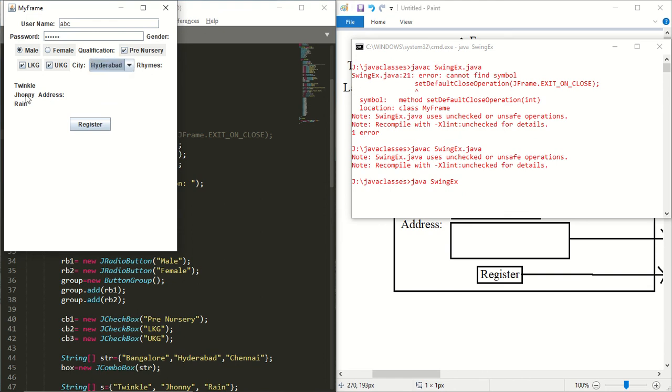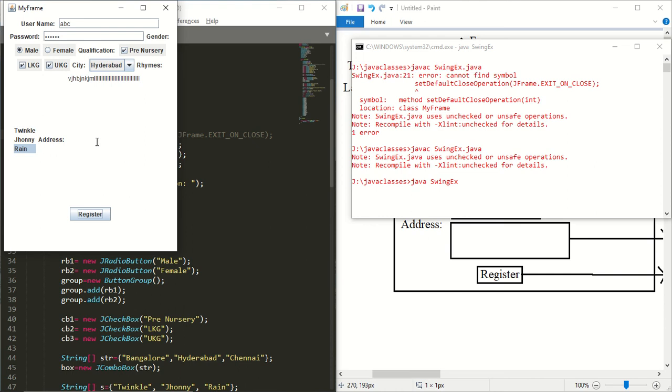Next we have rhymes. We can select any one of the rhymes. Next we have address. I think text area is not visible here clearly. So this is a text area. So you can observe here, whenever the text area is filled, it grows in size. At last we have a register button. Okay, so this is a sample example for swing components.